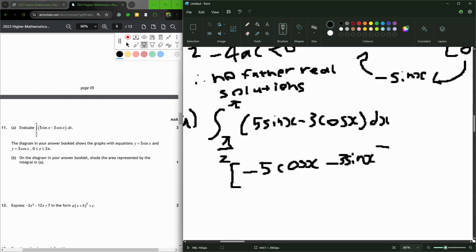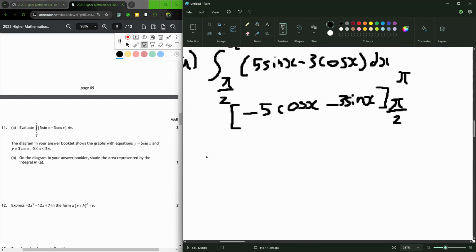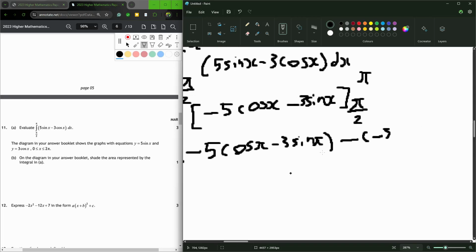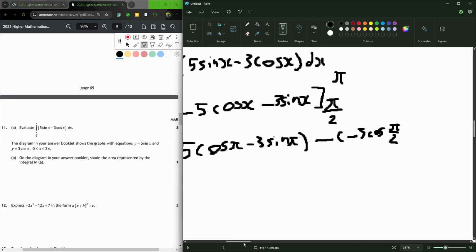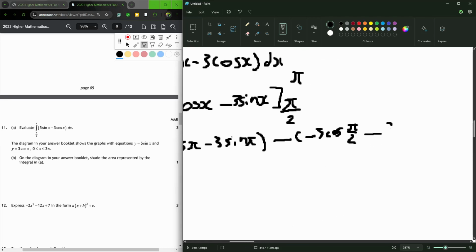And then we'll put in our limits. And then what we can do is go and run the numbers. So 5 cos x pi minus 3 sine pi, sorry, and then minus minus 5 cos pi over 2 minus 3 sine